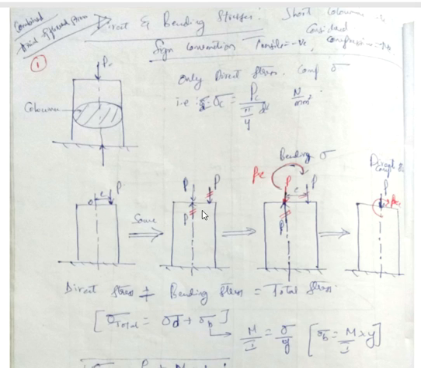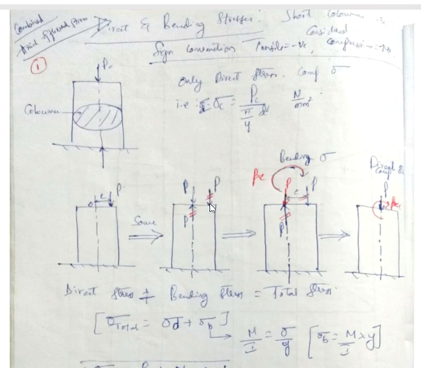So this force and this force will form a couple. A couple is nothing but equal and opposite forces acting with some perpendicular distance between them, and this couple will give rise to a clockwise moment. You can see here, this will rotate in the downward direction and this will rotate in the upward direction. So these two forces will give a clockwise couple, and the magnitude of that couple will be P, that is force, into the perpendicular distance E.